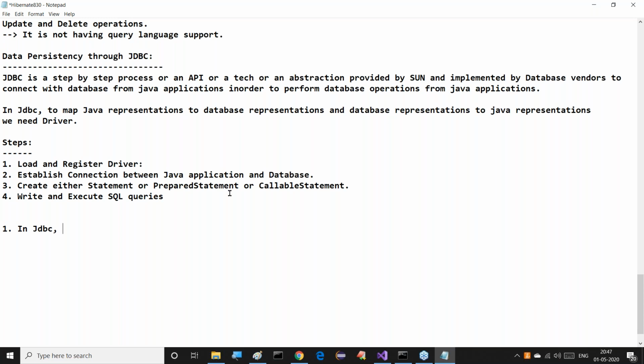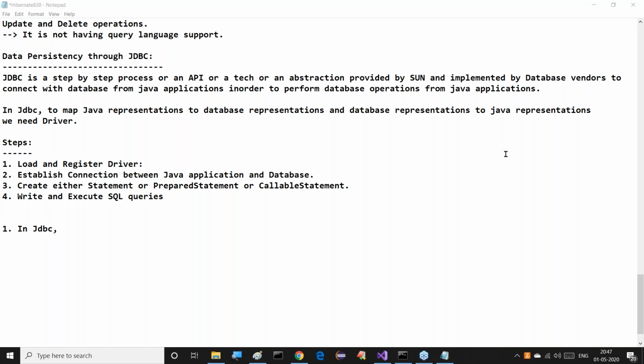Without writing any SQL query, is it possible to perform database operations? I'm asking this question directly to you.